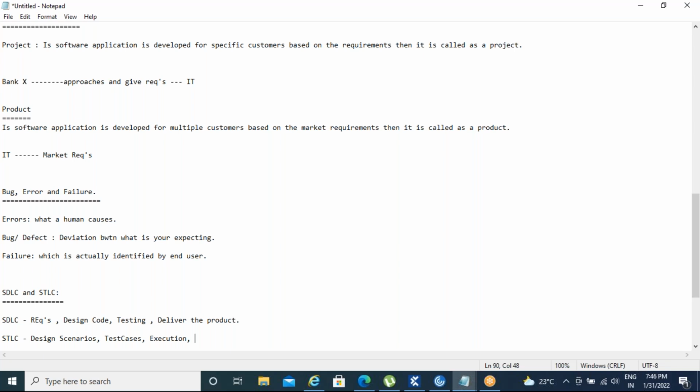Reporting. Execution is done. If you have defects, yes, you raise the defects, right? Once the defects go to the developers to redesign the code, retesting is done. This is a round robin fashion. So once everything has been cleared and you don't see any defects finally, then you provide a test sign off